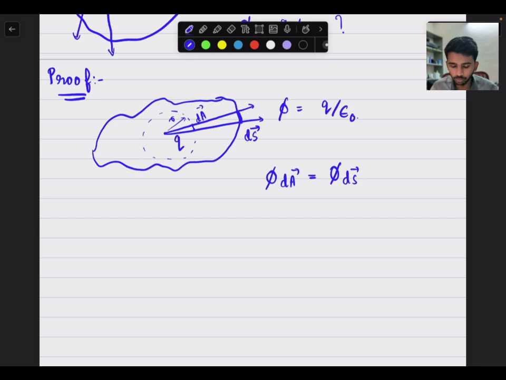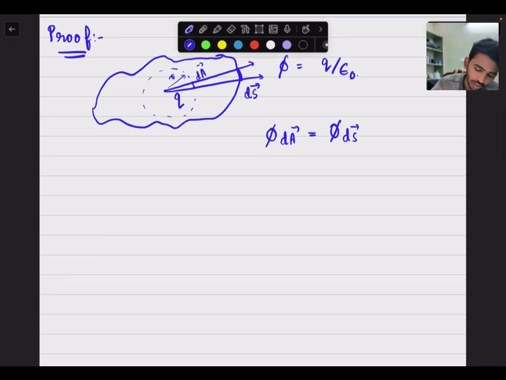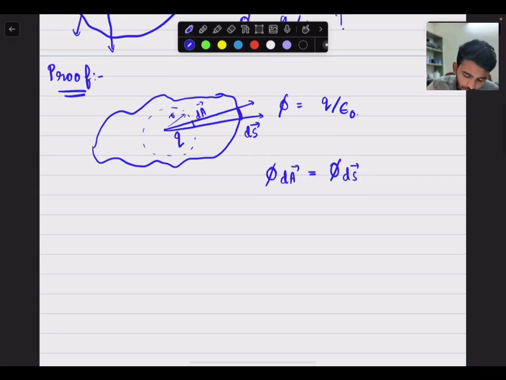So now how do we prove that the flux through this dA bar is equal to the flux through this dS bar? So if we take